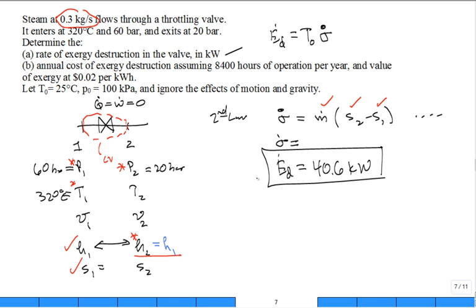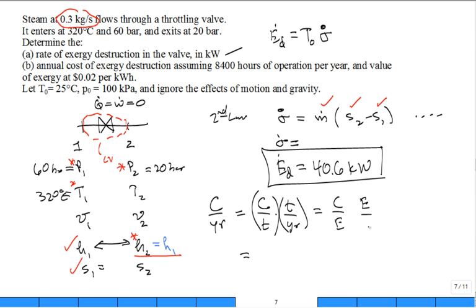How about for part B? Annual cost of exergy destruction, assuming 8,400 hours of operation per year, and the value of exergy is 2 cents per kilowatt hour. Well, you want the cost per year. That would be the cost per unit time times the time per year, or the hours of operation. So what is the cost per unit time? That's really the cost of the energy times the energy per unit time times the time per year. How's that? So what is the cost per unit energy? That was given up here. It's